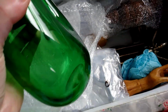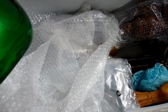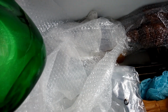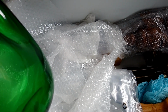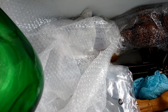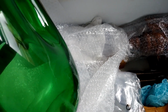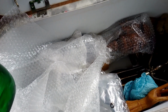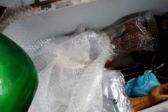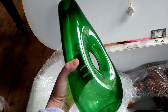This is where I put a lot of my favourite pieces. I've never really got stuck into the reselling. I was doing it, as you know, to try and keep the hoard down, which I was failing at so desperately. And I know I keep saying I'll tell you the story, and I promise I'll tell you the story. But for today, we're just looking at some of my favourite pieces that I decided to stash away in my diary chest. It's not a diary chest. I just bought it from a charity shop when I lived in Bristol that I knew I was never going to sell. So this fabulous...